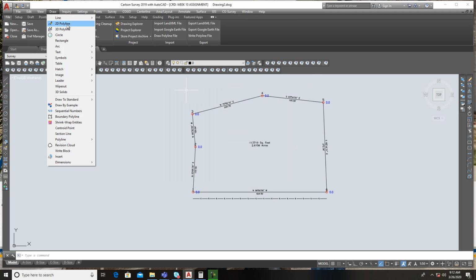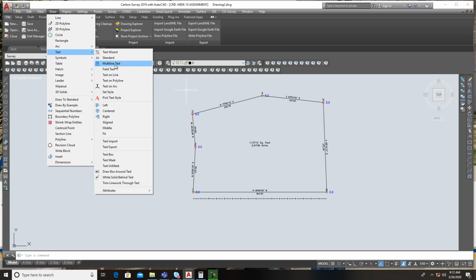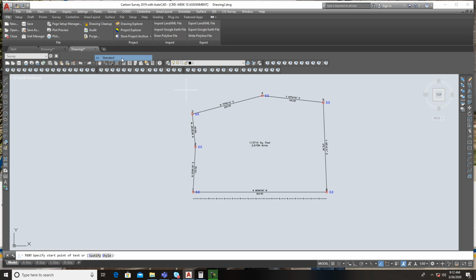And now when you go to draw and do text, let's do standard text. And whenever you want to write in any of the information, like over here, you just click and get that direction you want to go in, like up and down, and you can actually write that in. This is